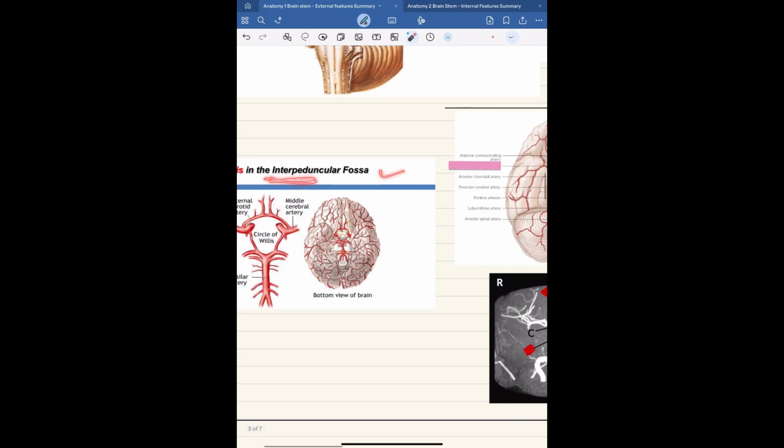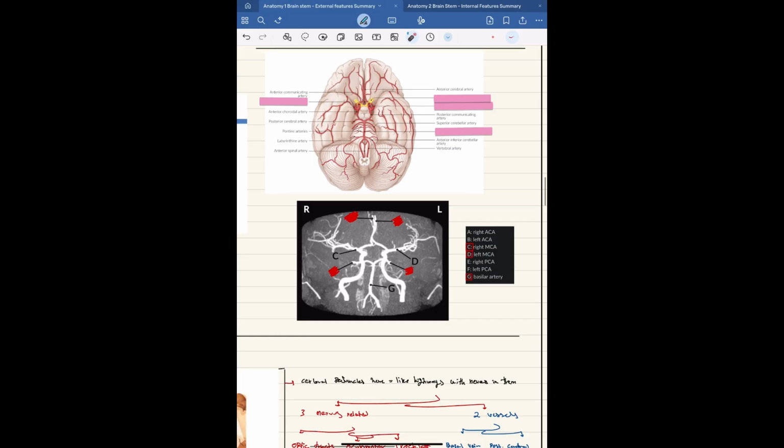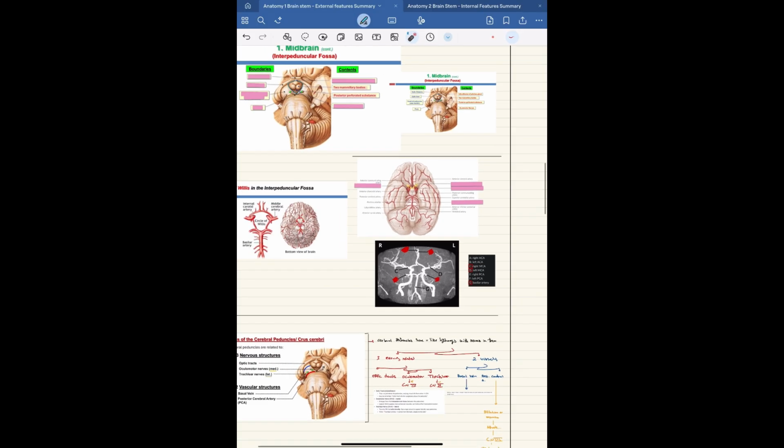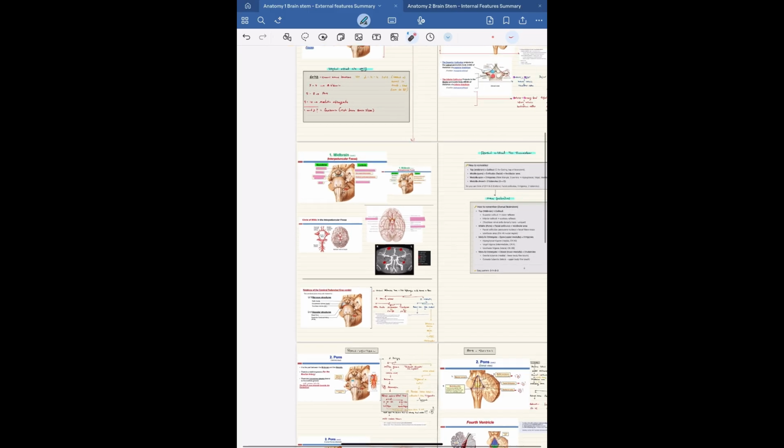That's very, very important. Here I have attached a picture from Amboss. It shows you the middle cerebellar artery, and here is the basilar artery. The basilar artery, again, you will see it in a different area in the brainstem. Okay,